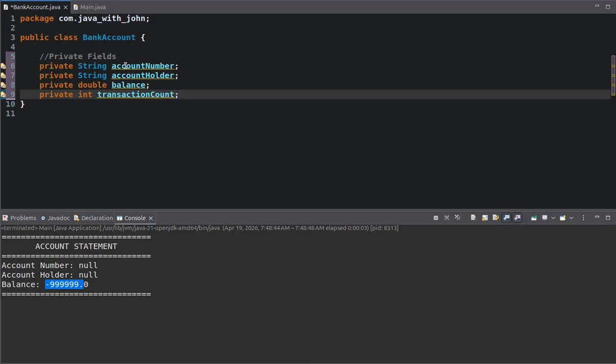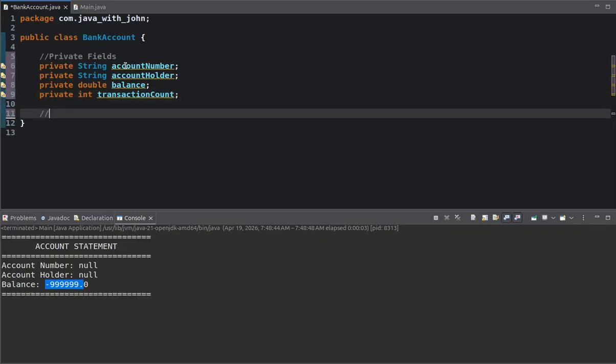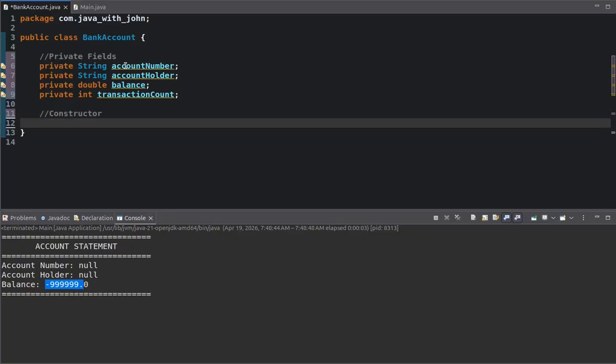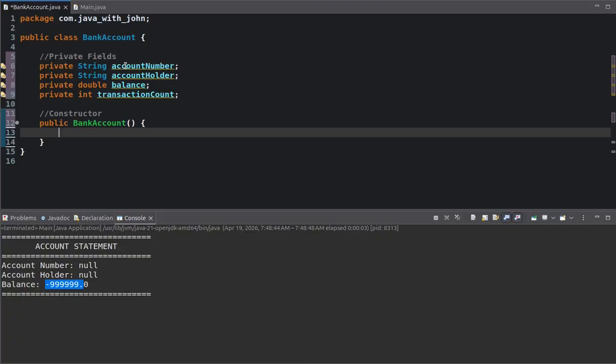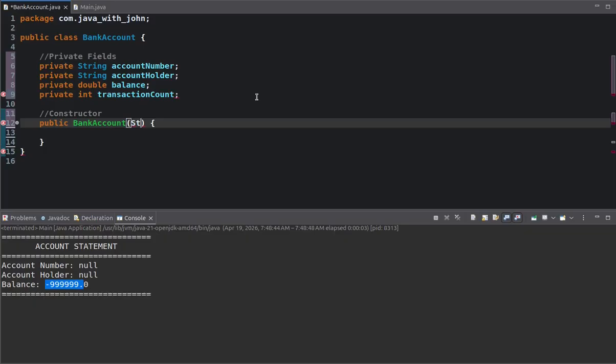That's not allowed. Now, number 2, earlier we didn't have the constructor, but I would like us to now create the constructor. So here's how we're going to do it. Public bank account. So an account, as a rule, has to be created with the account number and the account holder's name. So to make sure that the constructor enforces that behavior, we're going to give it two parameters,